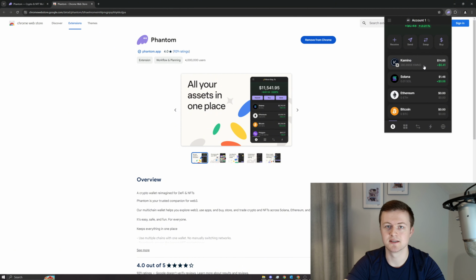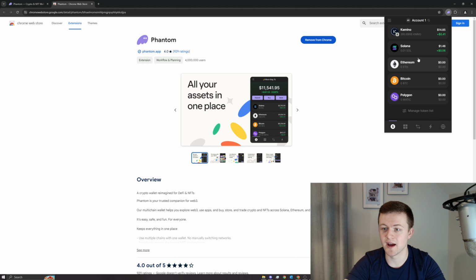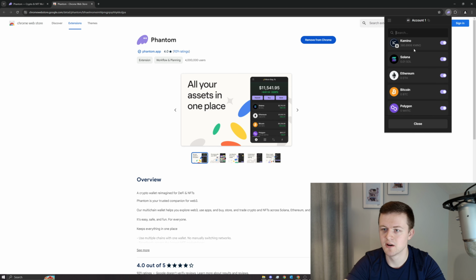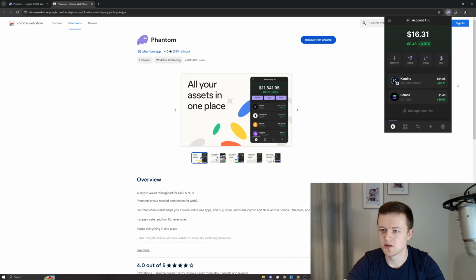In this case, I sent myself some Camino and Solana tokens to demonstrate, but if I scroll down and I had another token that was not visible in this list for whatever reason, I can press manage token list and enable particular line items or disable certain balances. For the sake of this tutorial, I'm going to disable Ethereum, Bitcoin, and Polygon, just so I have Solana and